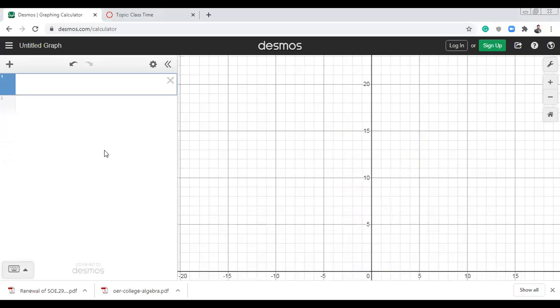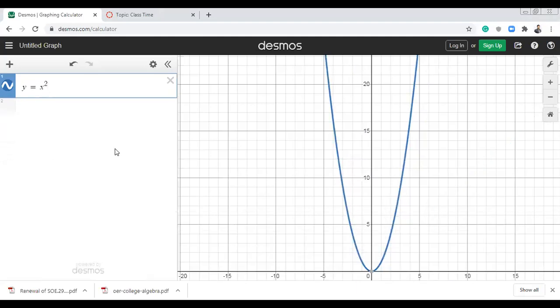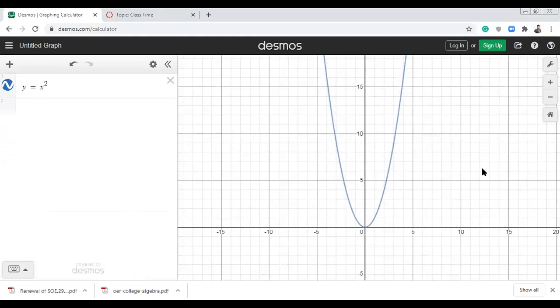Okay, this is a graph calculator, by the name of Desmos, available online, where you can draw graphs. Let's suppose I want to draw a graph of y is equal to x square. So you can see the graph. Can you see? Yes, sir, we can see it. Okay, y is equal to x square.